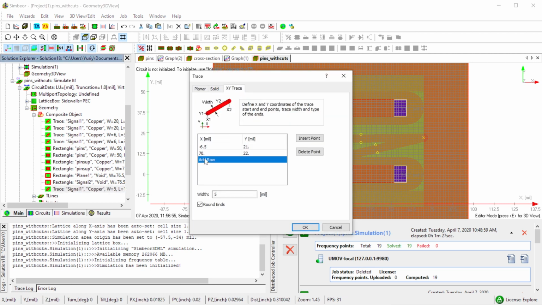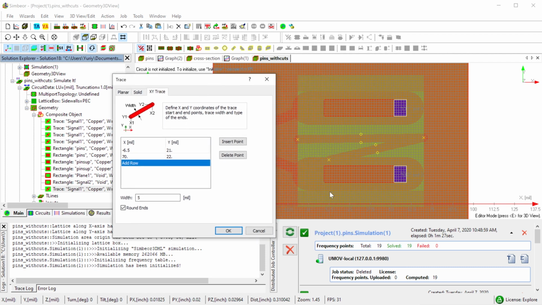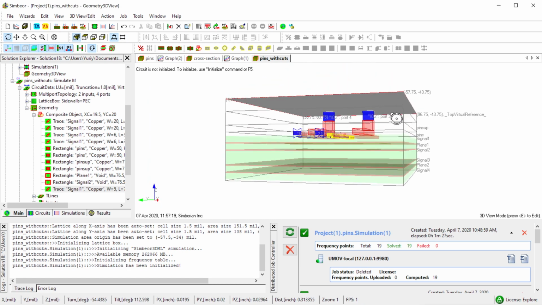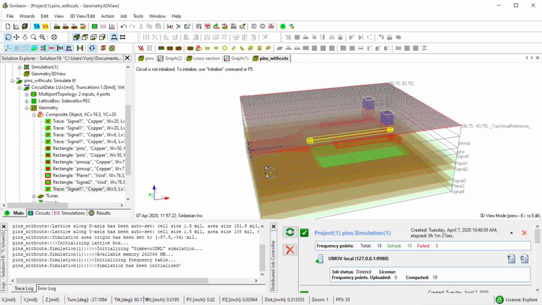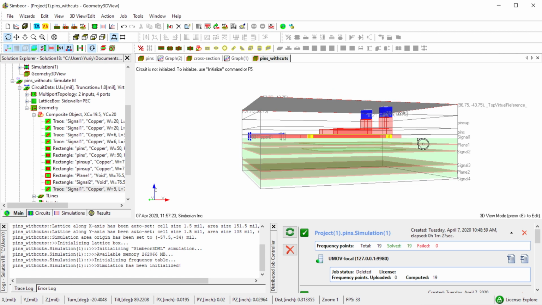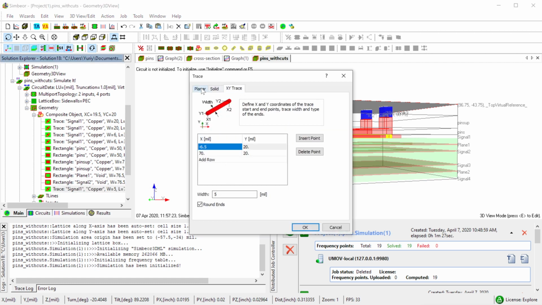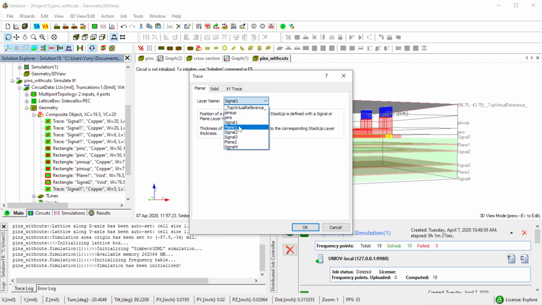Remove this third axis. This is how you remove a vertex if you wrongly, by mistake, put one more vertex than needed, and put the y coordinate to 20 again to keep symmetry. That's it. This is the trace. It should connect layer plane 1 again with the 3D view. We quickly basically discovered what the problem is.